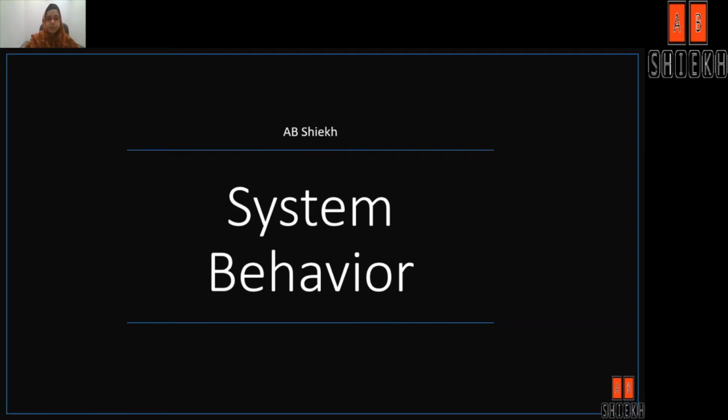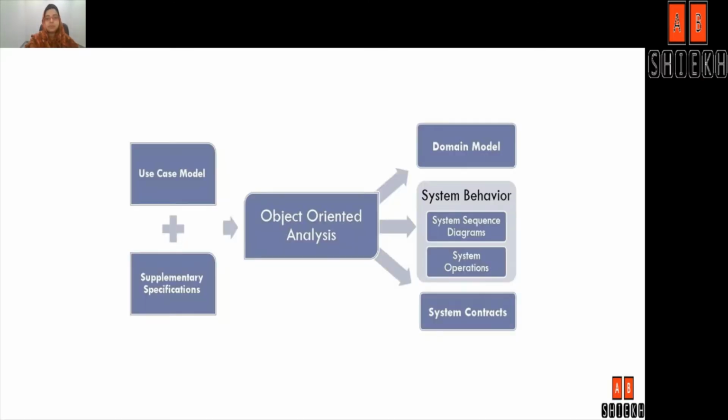The topic that we are going to discuss today is system behavior described by the sequence diagrams. So let's begin. Before proceeding for a logical design of how a software system will work, it's actually useful to investigate and define its behavior as a black box system. By black box system behavior, I mean the system behavior as in what a system is supposed to do rather than explaining how it is doing it. For that purpose, we use system behavior diagrams such as sequence and system sequence diagrams.